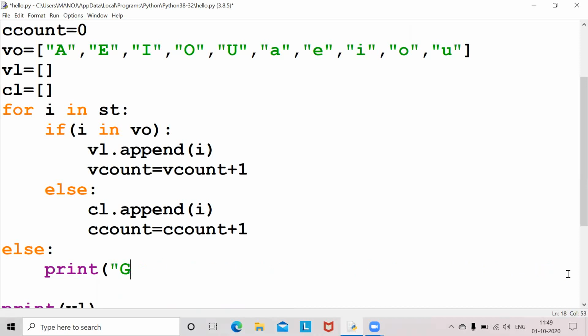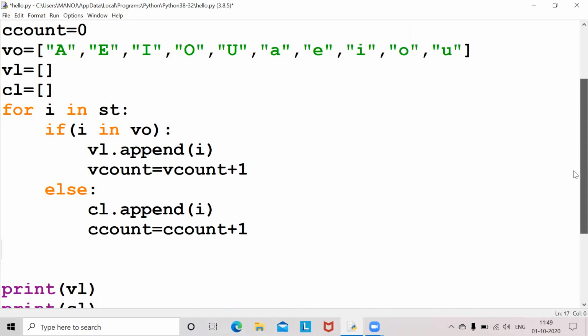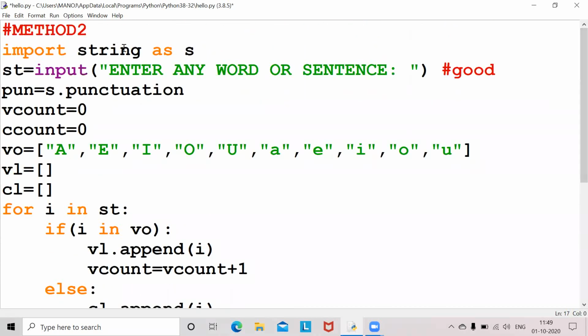It's another method too. Okay. Up to here clear now? Up to here is the whole method only. I imported the string module, import string as S. I define a variable PUN is equal to S dot punctuation, meaning all the punctuation will be stored in PUN only.